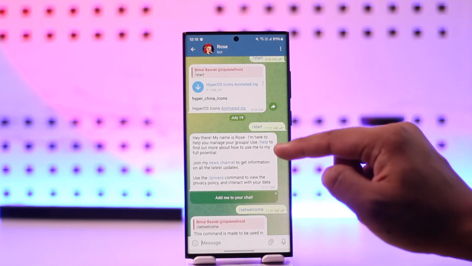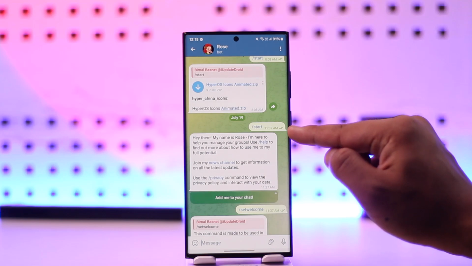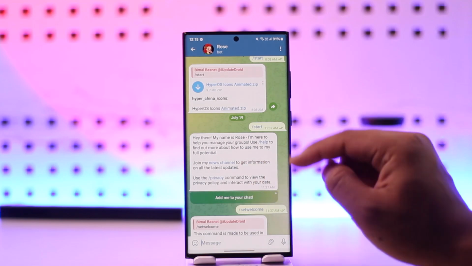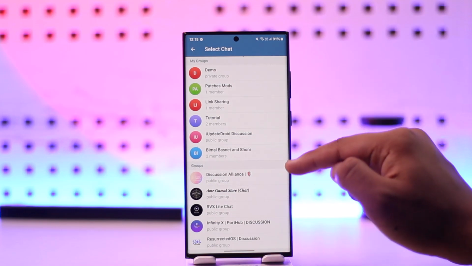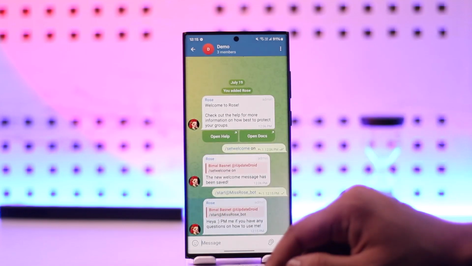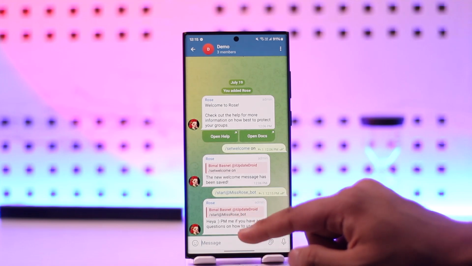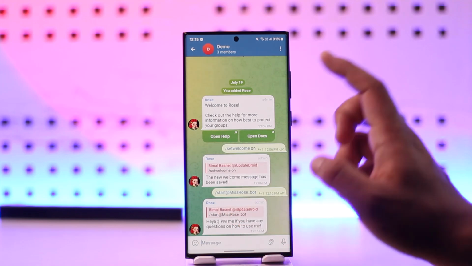Inside the Rose bot in PM, type in /start, then it will give you this pop-up that says add me to your chat. So you have to tap on add me to your chat and add Rose to one of your group chats here, right? So once you have done that, because you have already added Rose, now what you need to do